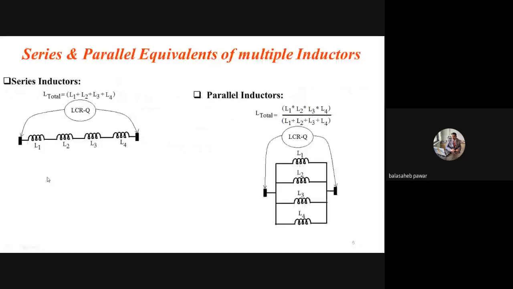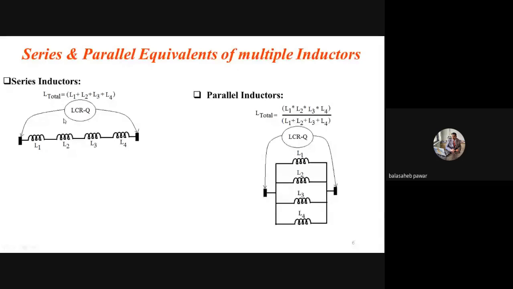Now series and parallel equivalents. It is exactly the same method as for resistors. If you can recall our previous lecture regarding resistors and their series and parallel equivalents, you will understand how equivalence is determined in case of inductors. When inductors are connected in series, I have shown 4 inductors here, L1, L2, L3, L4 connected in series, and the L equivalent or total is simply the addition of inductances of all inductors, L1 plus L2 plus L3 plus L4. And it is measured by using the LCRQ meter. Okay.